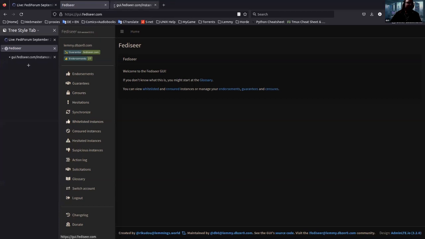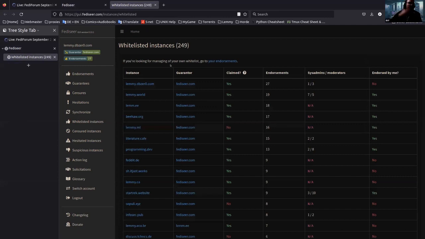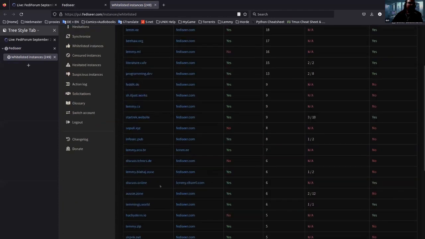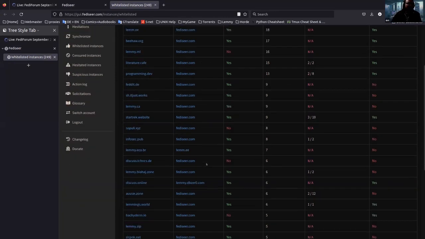So the very basic idea is that you have your whitelist, and the whitelist is based on the chain of trust concept, which is that an instance can only be guaranteed in the Fediseer if somebody guarantees for them. So every instance has a guarantor, which is like whoever is above them. Fediseer is the top one, and each of them can guarantee others. And by having this unbroken chain of trust, you can have a human review of who is not spam. And because of this chain of trust, if a spam instance sneaks in, we can quickly break the chain of trust